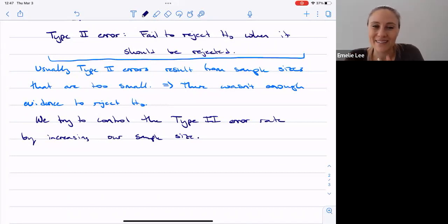And that leads us to power and sample size, which is at the end of the section. But that's going to be the goal, right? Is we're going to have some difference that we're trying to detect. And so we're going to find our sample size from that, right? What sample size would I need to be able to detect that difference? Okay.